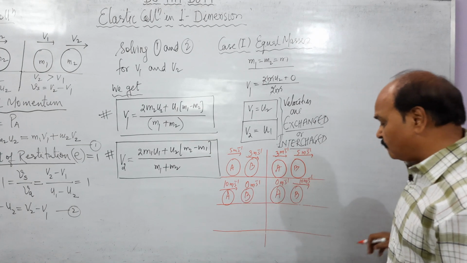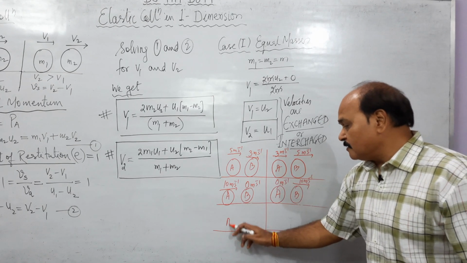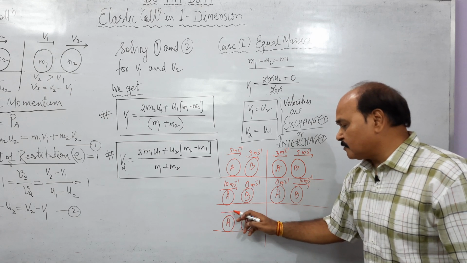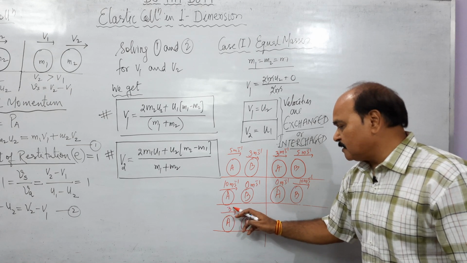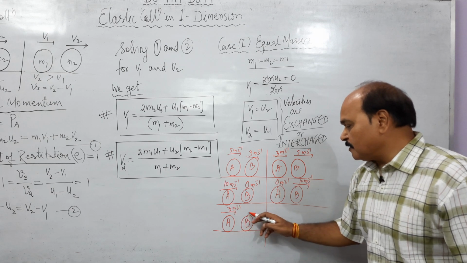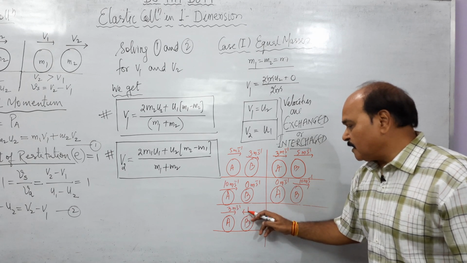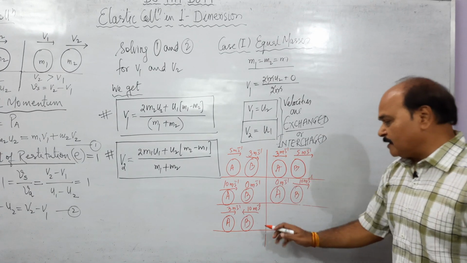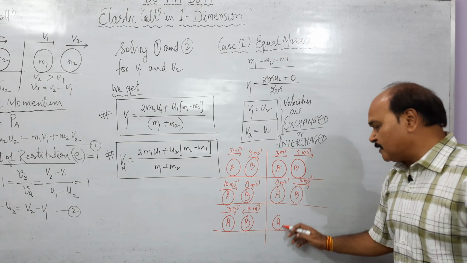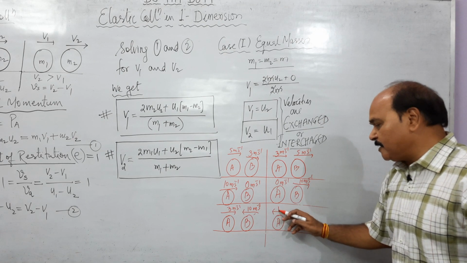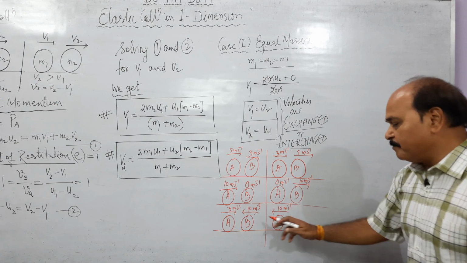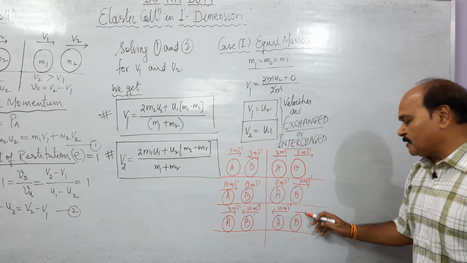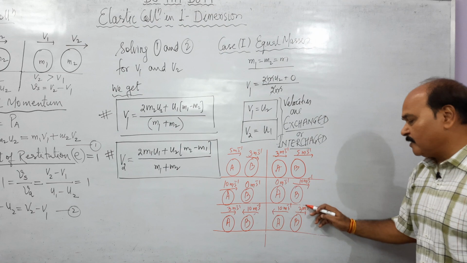Let us see it once again. Let us say we have two masses A and B. This is moving with the velocity of say 3 meter per second towards right, and this is moving with the velocity of say 10 meter per second towards left. So what is going to happen after collision? After collision, A is going to acquire the velocity of B, and what is that? 10 meter per second towards left, and B is going to acquire the velocity of A, and that is 3 meter per second towards right. That means both are going to move in opposite direction.